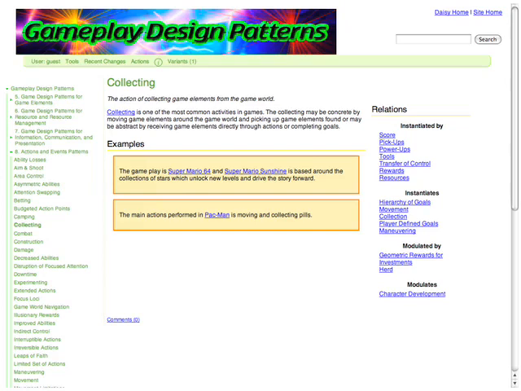And on each design pattern page, you'd look at both the definition and explanation for each design pattern. Look at some of the other examples, and this is where you might take a side detour to YouTube to look at videos of some of the other games if you don't know them. And then you would go to the right-hand side of the page, and you would click on the other patterns that are connected to the pattern you're studying and see what you find out about them and learn how all these connections play with each other to make the game you see.